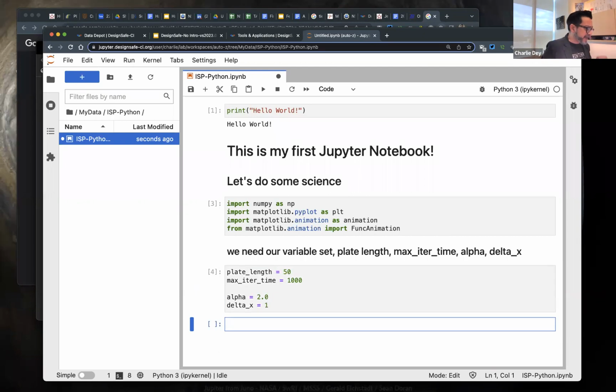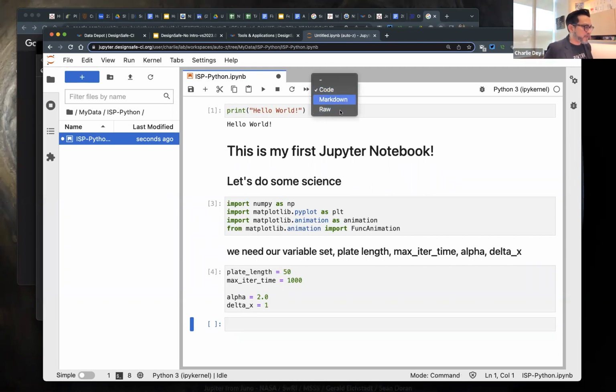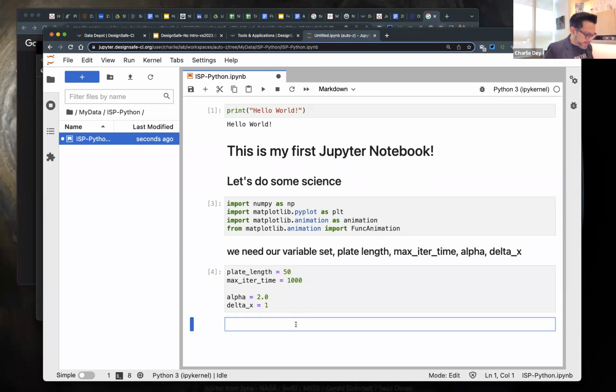I can hit Shift Enter here. Something I want to also keep an eye on is these numbers I'm creating. As I hit and execute a line, this is the execution order that it was received in. And that comes into major play when you go back and edit things around. All right, and now we need to calculate some variables as well. So we go back to Markdown. This is our calculated variables,